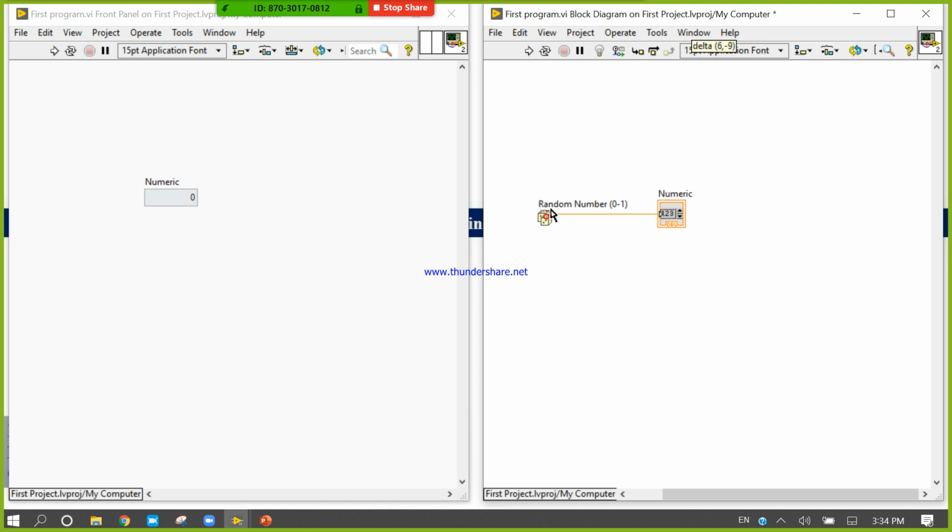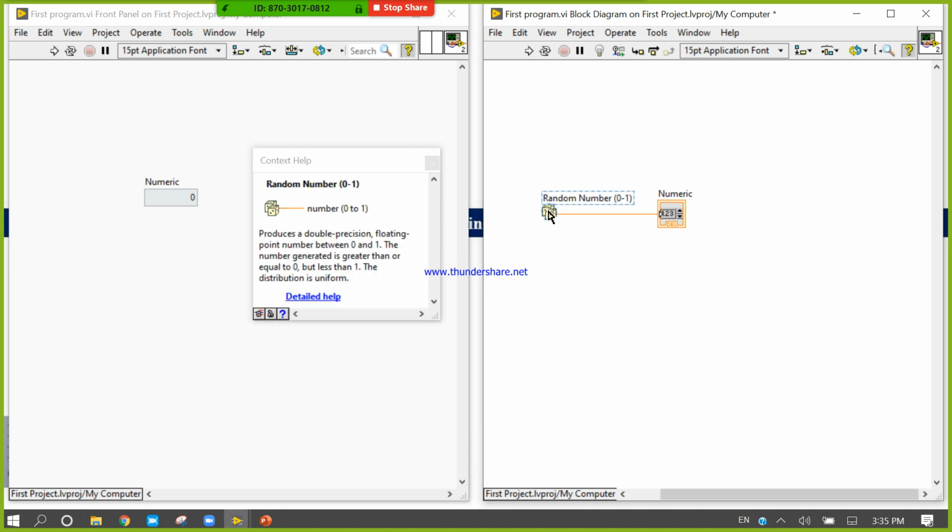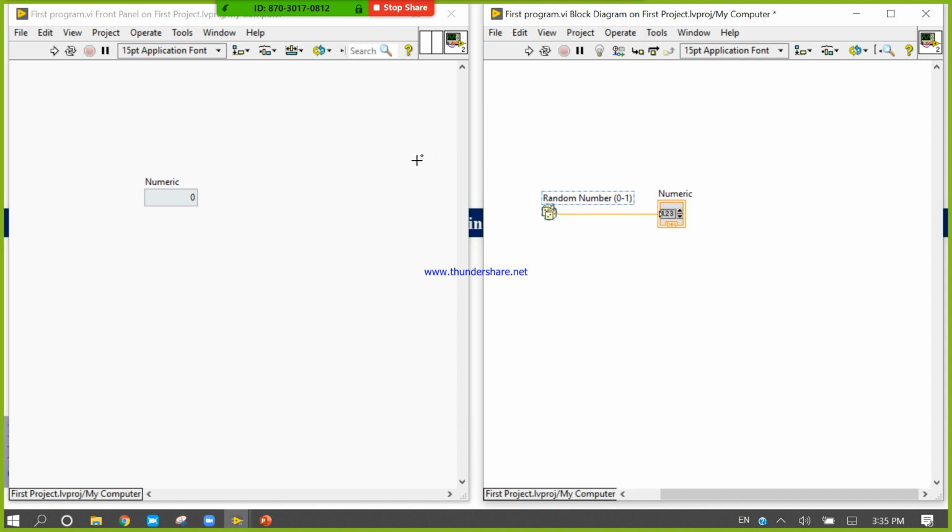So what does this Random Number Generator do? To know, press Ctrl H and click the Random Number Generator. It produces a double precision floating point number between 0 and 1. The number generated is greater than 0 but less than 1, with a uniform distribution.